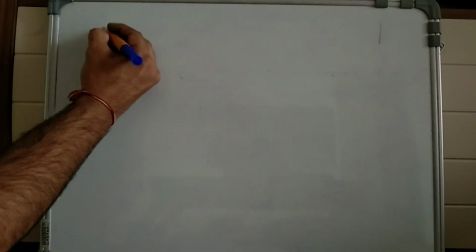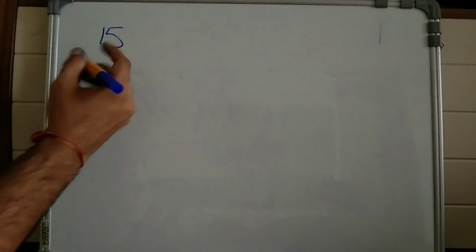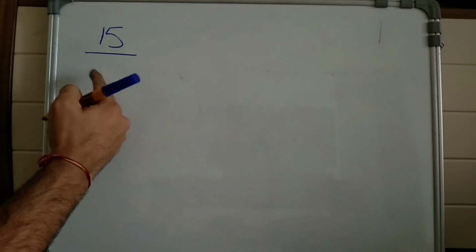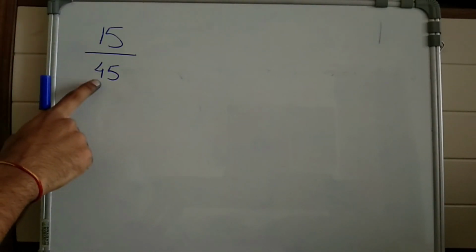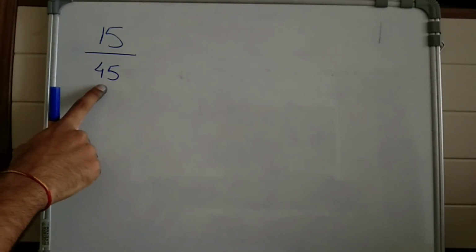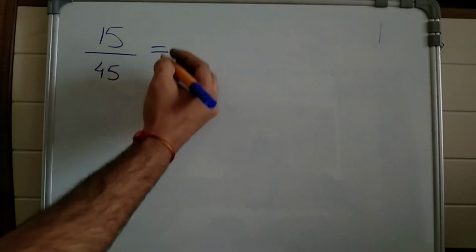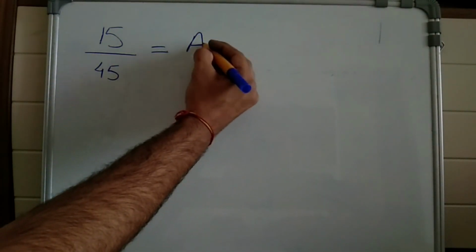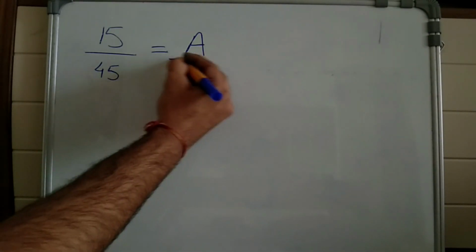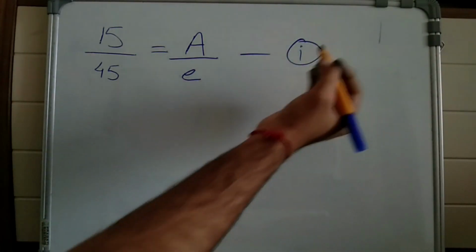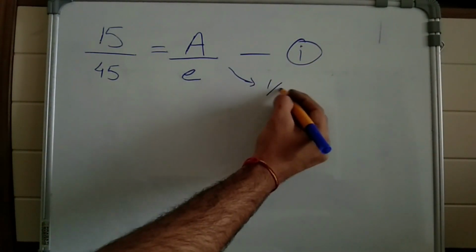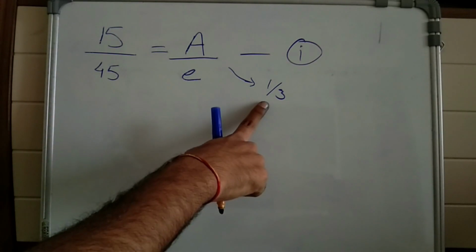Okay, so if I have to write the ratio, that is 15, the steps taken by A, divided by 60 minus 15, that is 45, the steps taken by the escalator, is equal to the speed of person A. Let the speed of the person be A and the speed of the escalator be, let's say, E. Okay, so this is 1. So A by E is coming to be 1 by 3. The value of A by E is 1 by 3.